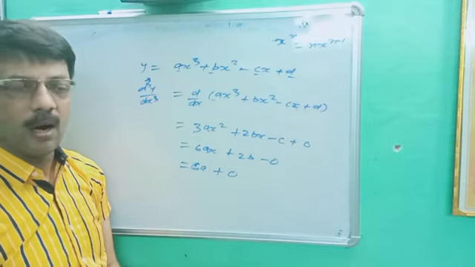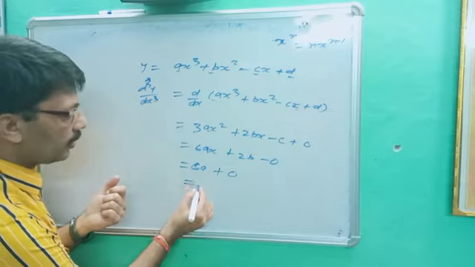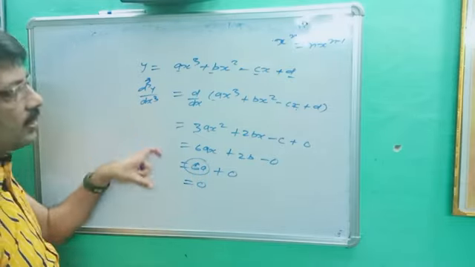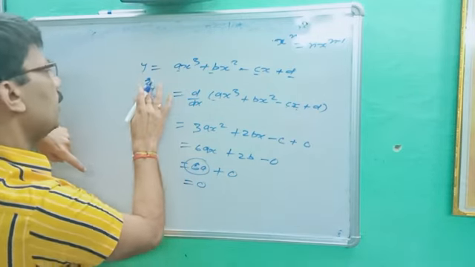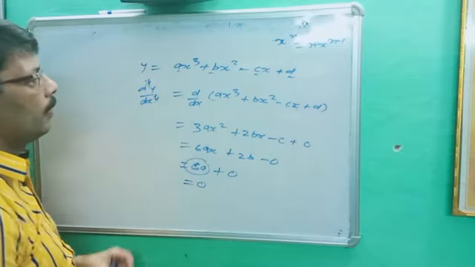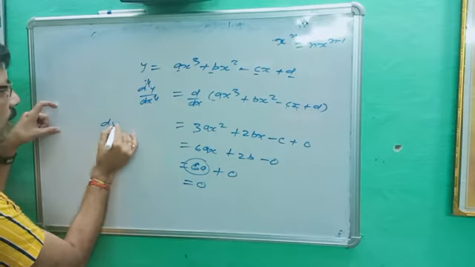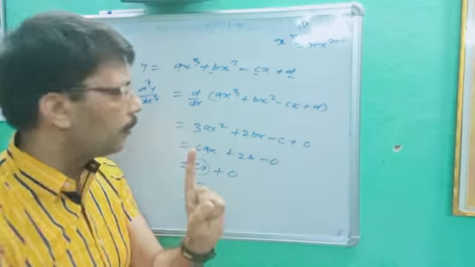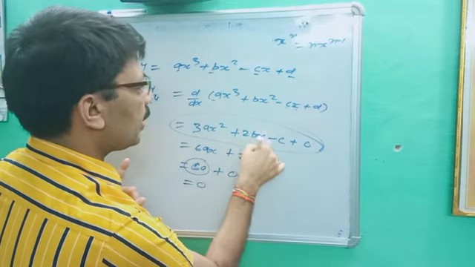Are you getting the point? If I ask you to differentiate again, you will get 6a, which is a constant, and its differentiation becomes 0. So how many times do we differentiate this quantity? 1, 2, 3 and 4, and it is given as d4y upon dx power 4. If it is given that way, you have to differentiate 4 times. If it is given dy upon dx, it means you have to differentiate only 1 time and your answer will be 3ax square plus 2bx minus c.